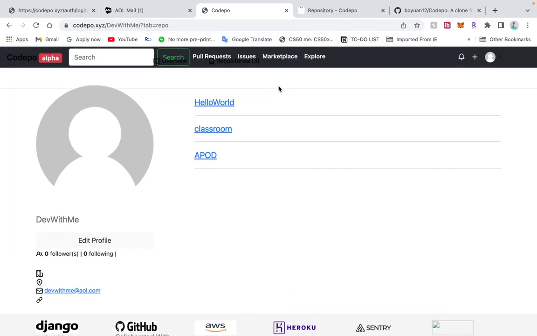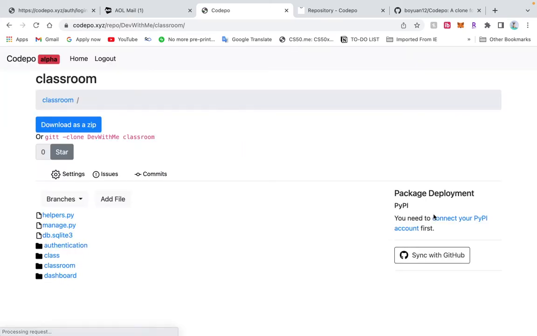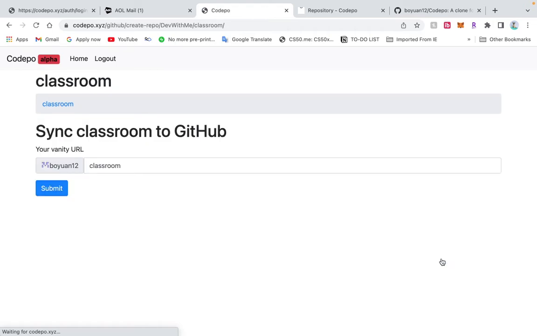Okay, so yeah, those are the major features. Some minor features we have, for example, you can sync a specific GitHub repository. So by clicking on this button, you will actually